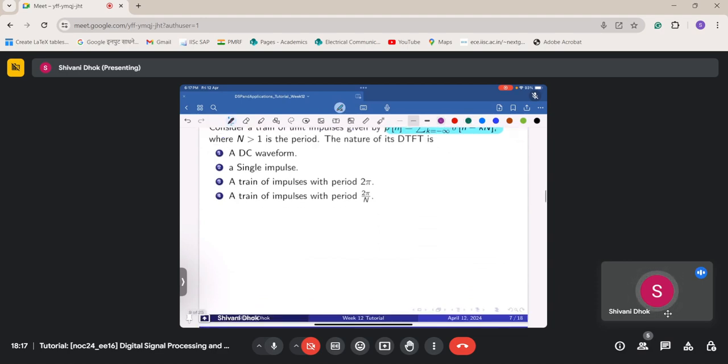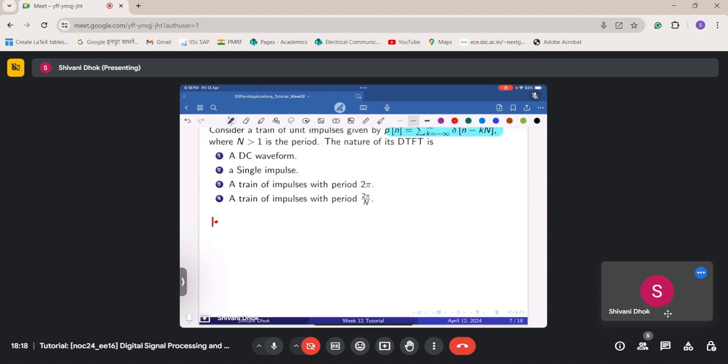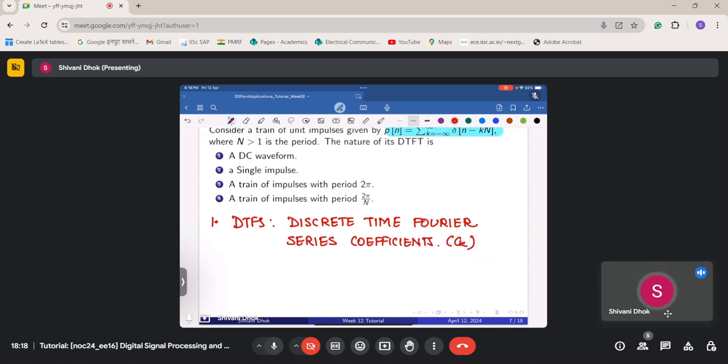So what we do is first we find out the DTFS, that is discrete time Fourier series coefficients, and let's say these are indexed by Ck, and then we find out the DTFT,